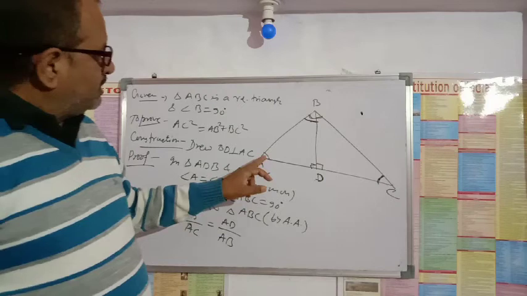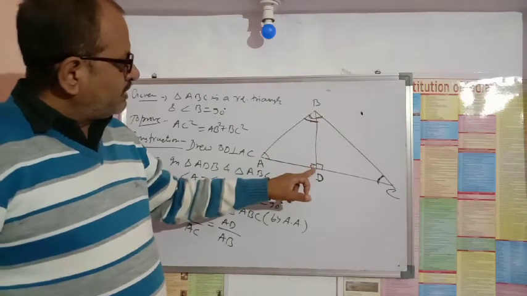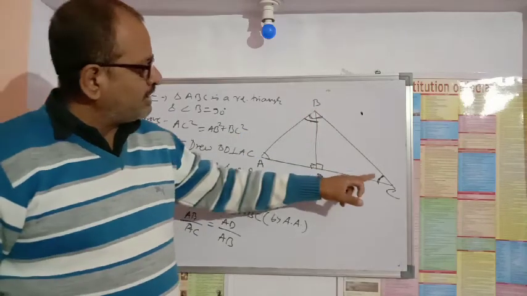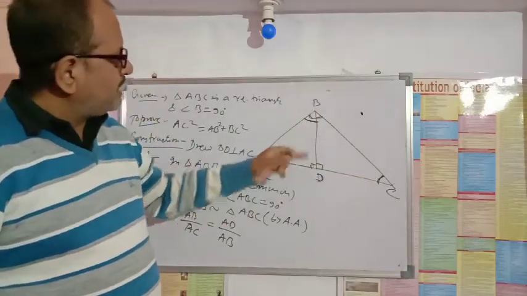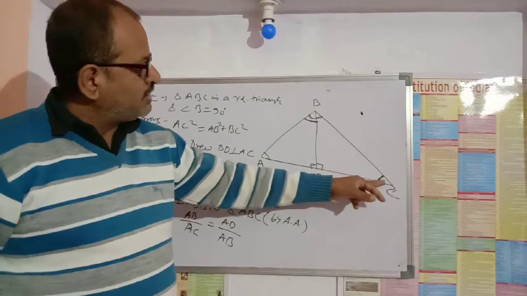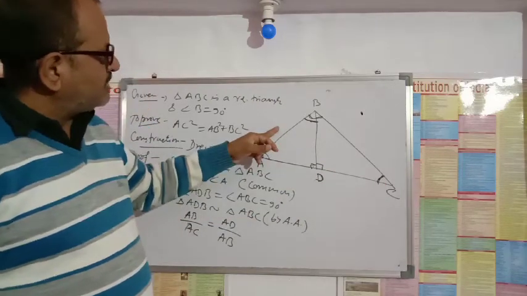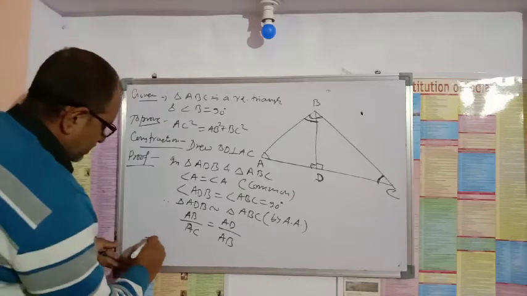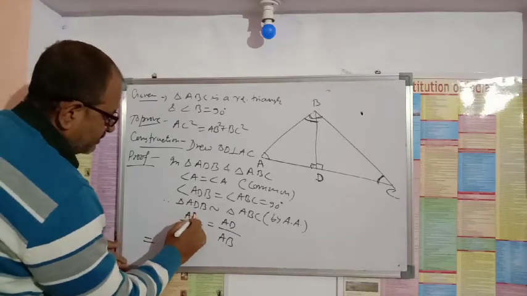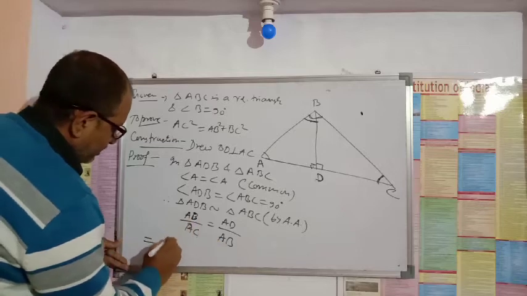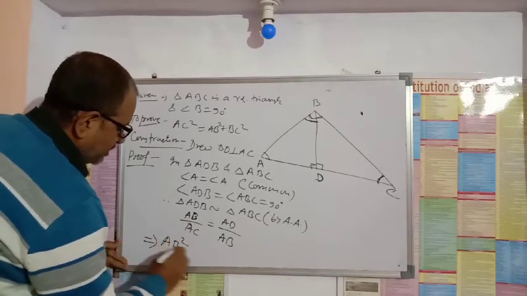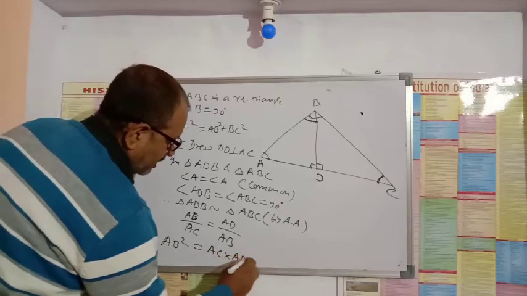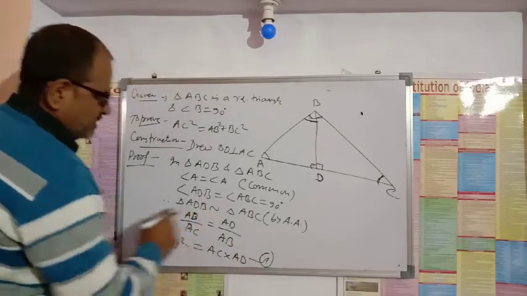These two angles are equal. So the third angle in the big triangle will be C. This angle's opposite side is AD and it is equal to C. Angle C's opposite side in the large triangle is AB. So AD upon AB. Cross multiply: AB into AB, it is AB square is equal to AC into AD. Make it number 1.